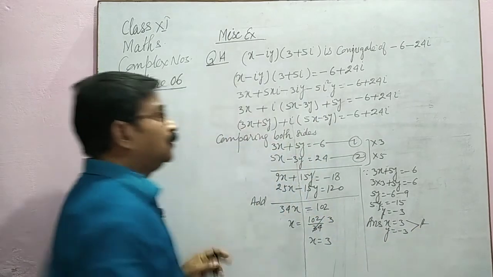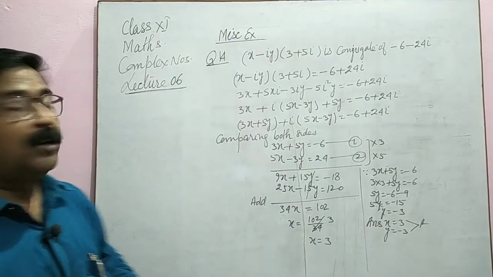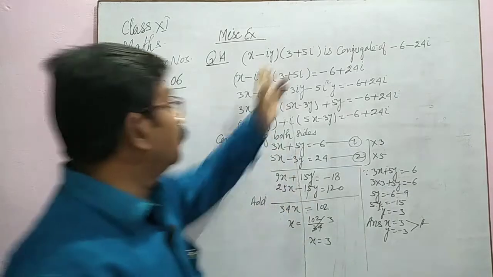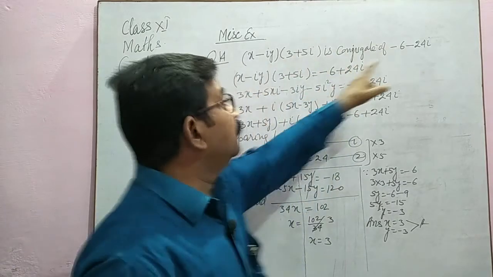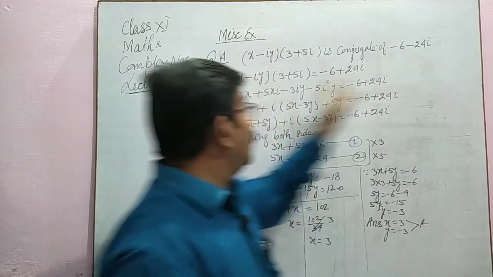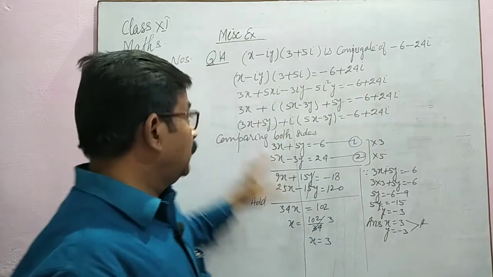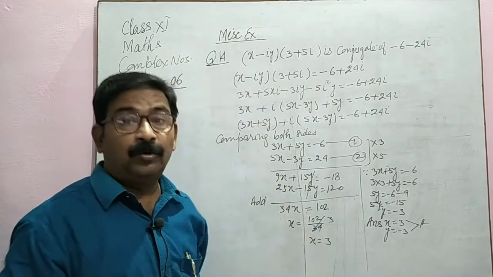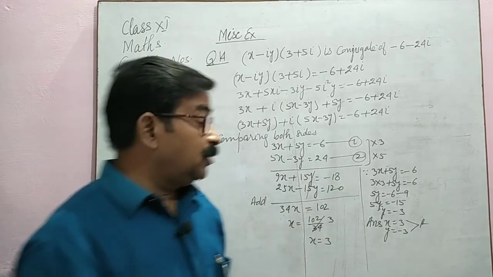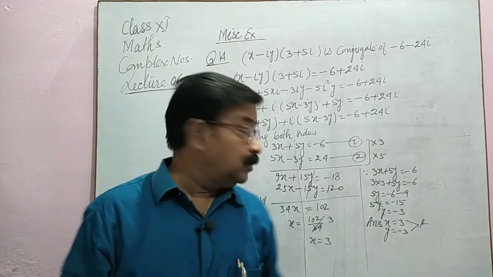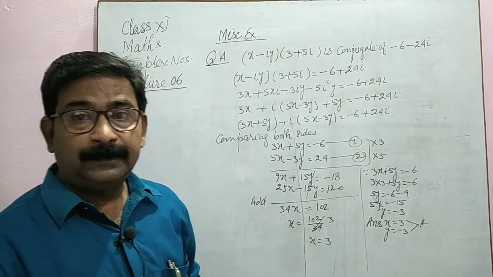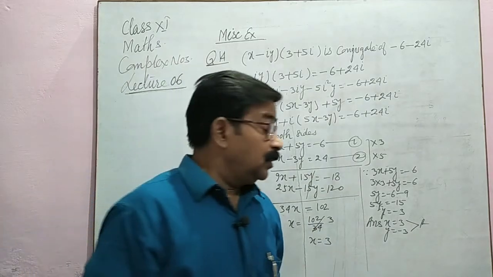Got it? So a very simple question. According to the question, you have to substitute all the things given. It is a conjugate, so we have made its conjugate by changing the sign between them, and then compared and simplified. We have got two equations. On solving these two equations 1 and 2 as simultaneous equations, which you solved in class 10th, we get the answer x and y. Got it? Any doubt?